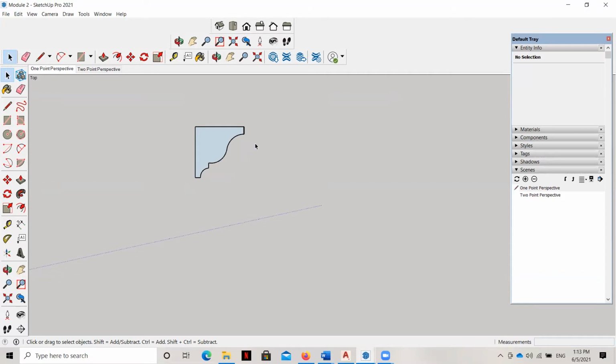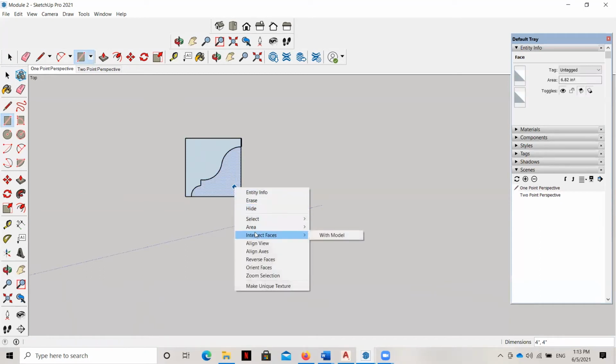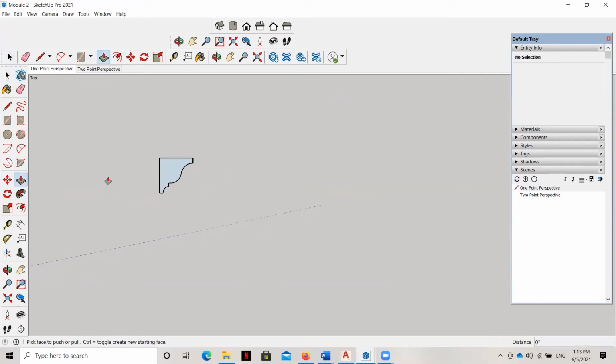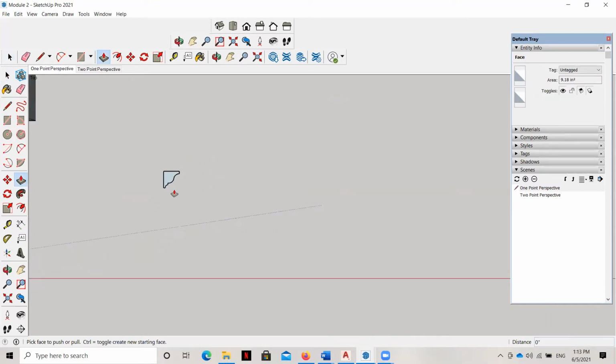I'm not sure why it didn't work the first time, but we can always try to do things more than once if they don't work. So once again, all I did was draw a box around it, and I right clicked to say intersect faces with model. And once I did that, then I was able to delete components of it. So I'm going to go ahead and delete this line work, and now just making sure that this is ready to go. Okay, so it's a face now because I can see the blue dots on it.